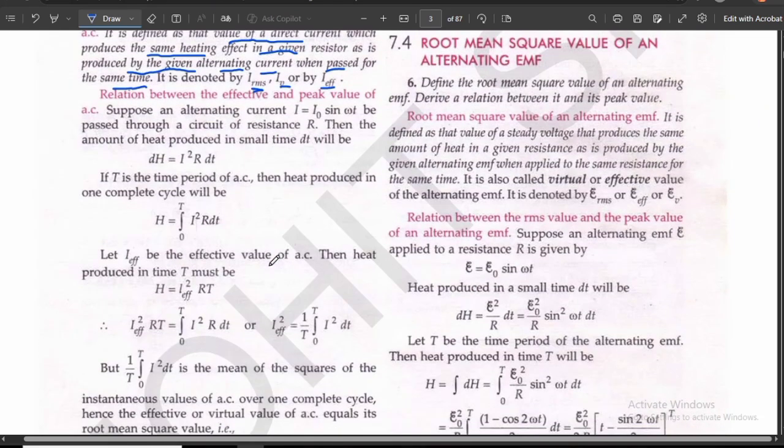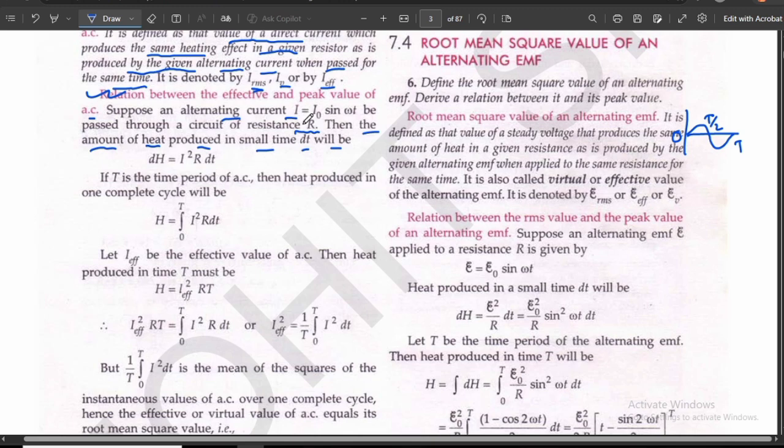Now let's find the relation between the effective value and peak value of AC. Suppose an alternating current I equals I naught sine omega t. So the current is varying as I equals I naught sine omega t. This is passed through a circuit of resistance capital R. Then the amount of heat produced in a small time dt will be